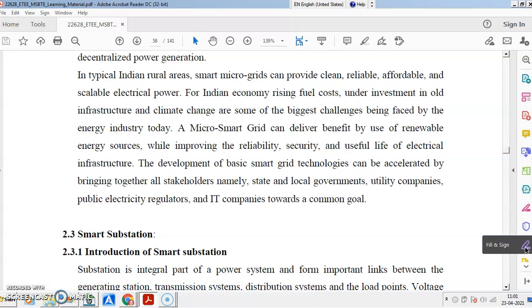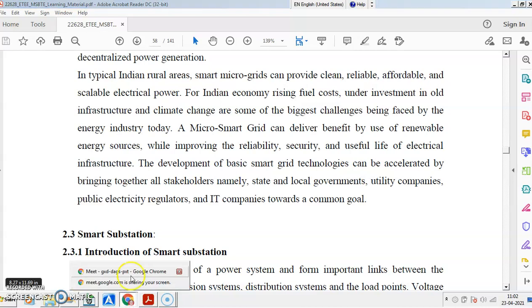We have battery cells, and we have developed other technologies, smart grid equipment and components. The development of the smart grid is accepted and accelerated by bringing together all stakeholders, and you can have the smart grid along with the main grid. This is now accepted by state government, central government, utilities, companies, industries, IT companies and all. By all of these stakeholders working together, we may move to the right goal.